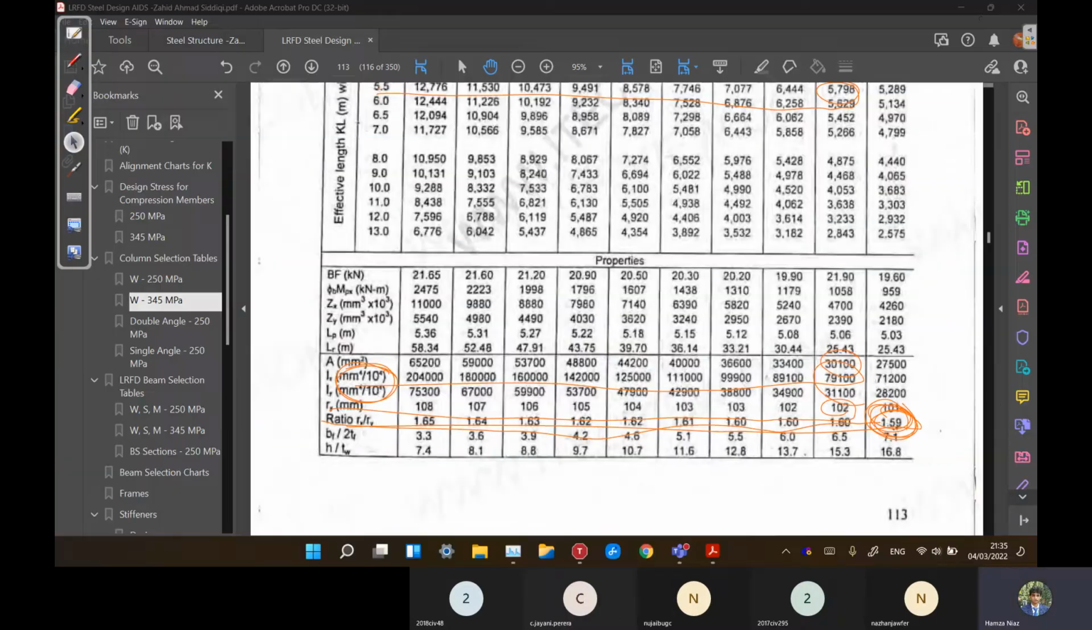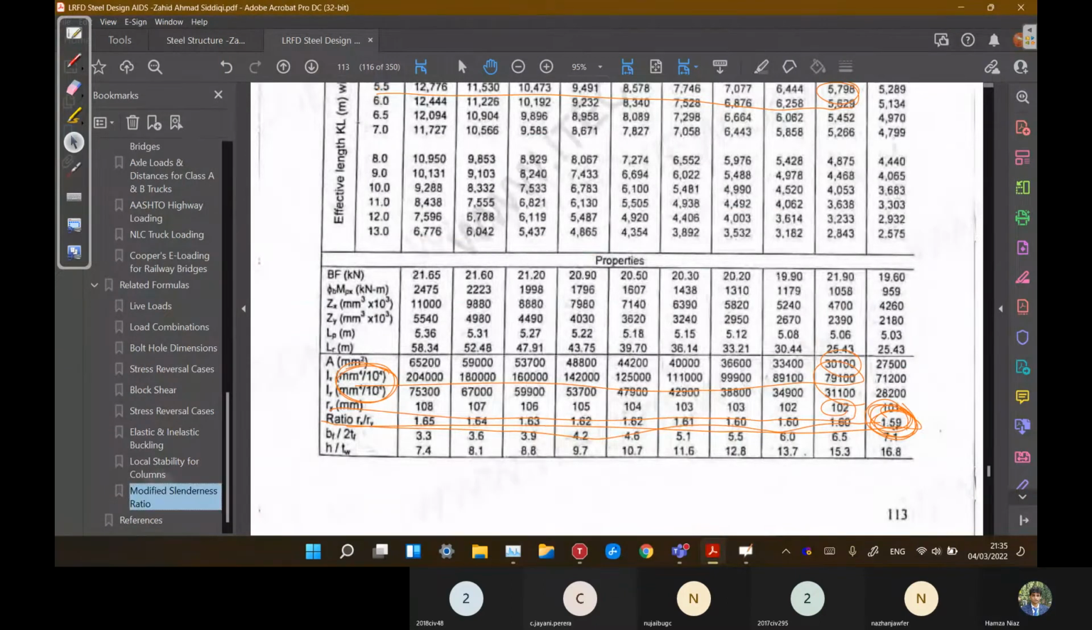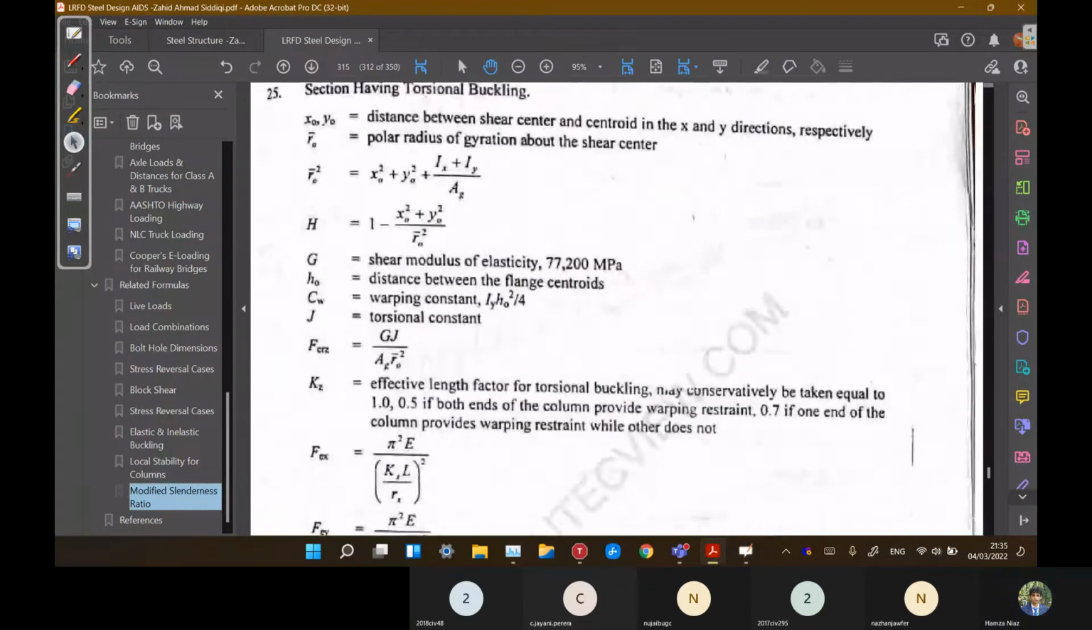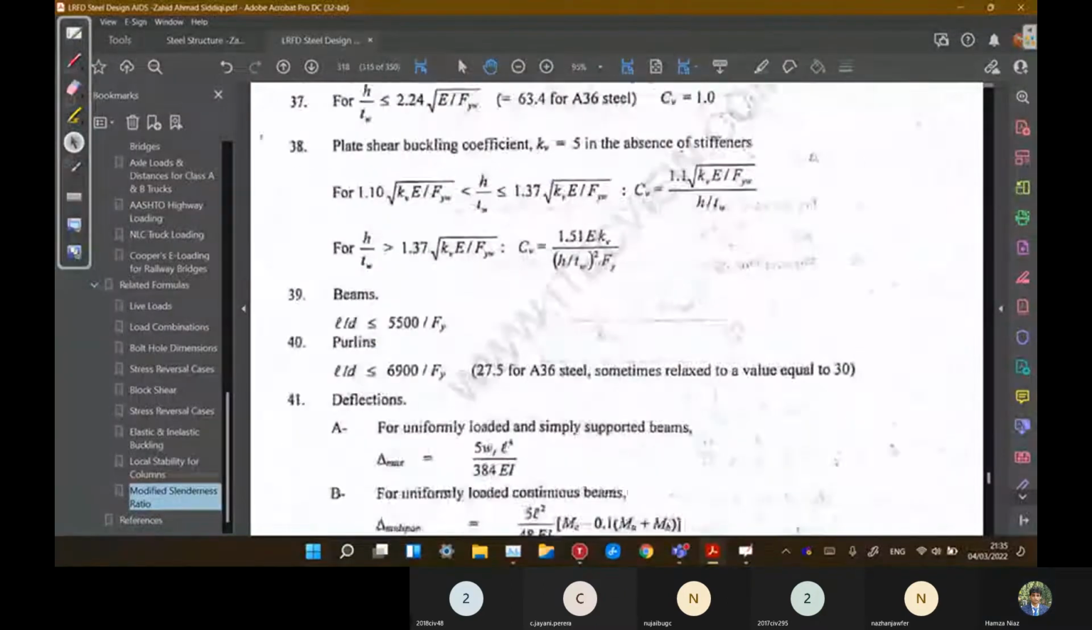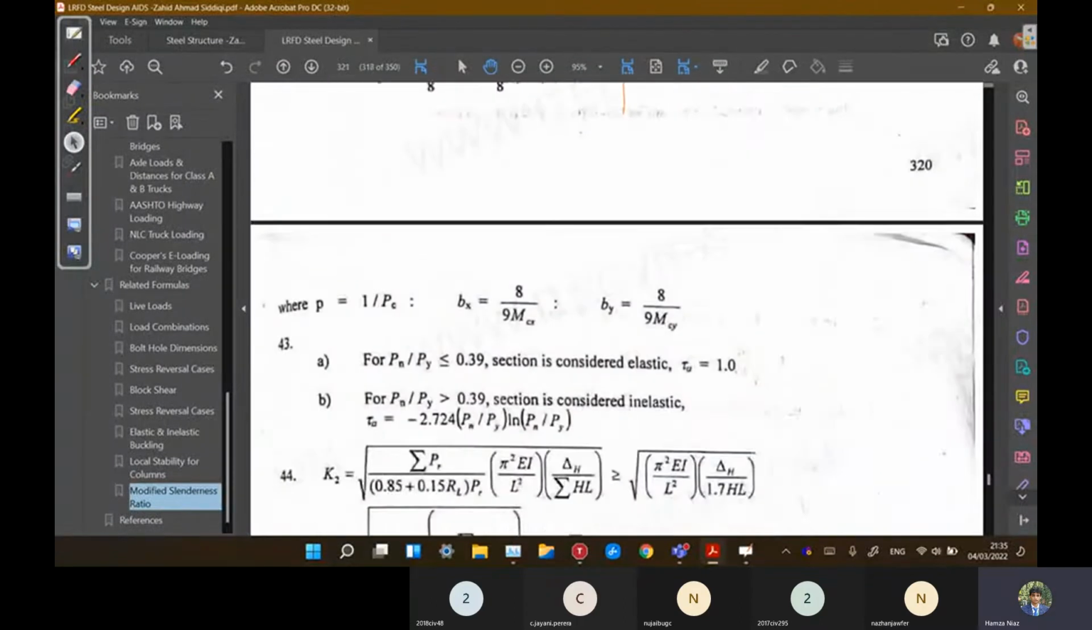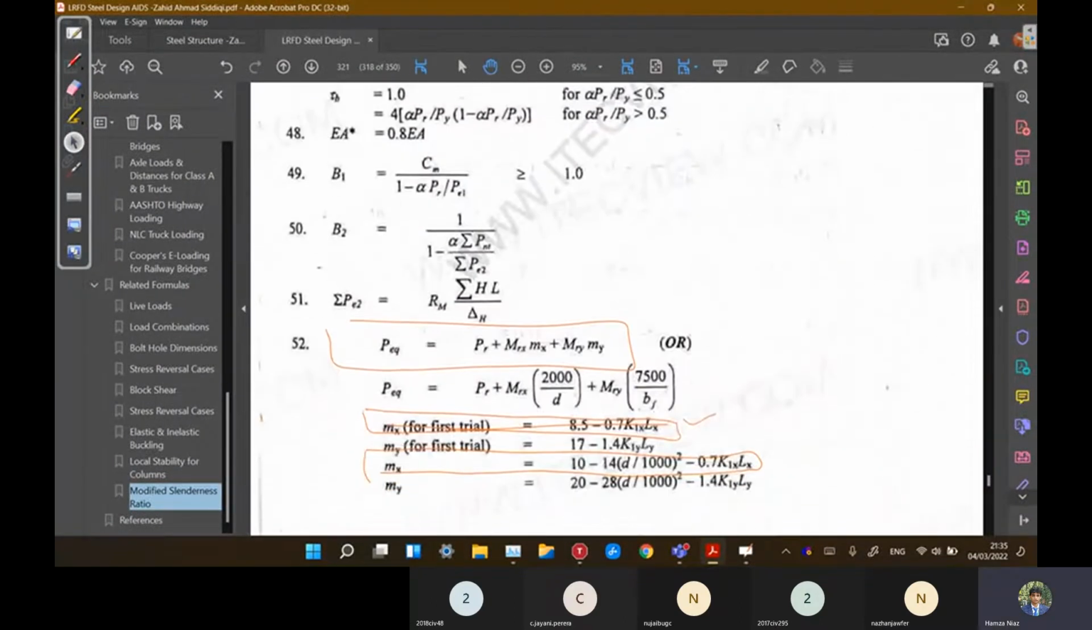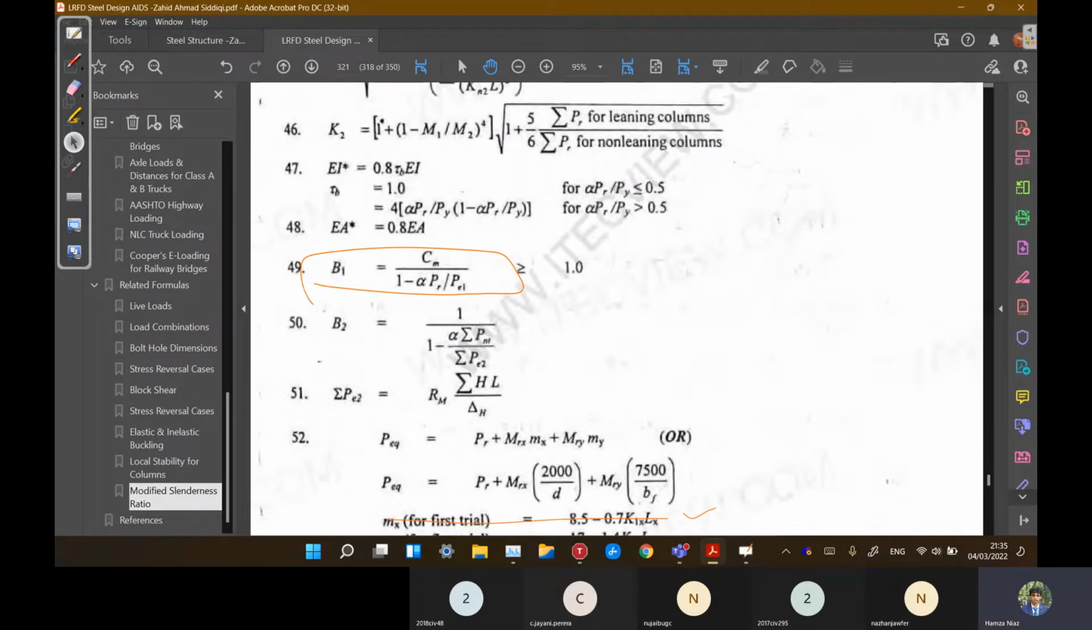So now we have to find the moment magnification factors. Their formula is also given here, step number 5. So B1 and B2. This one. Yeah, we have to find B1 and B2. They are moment